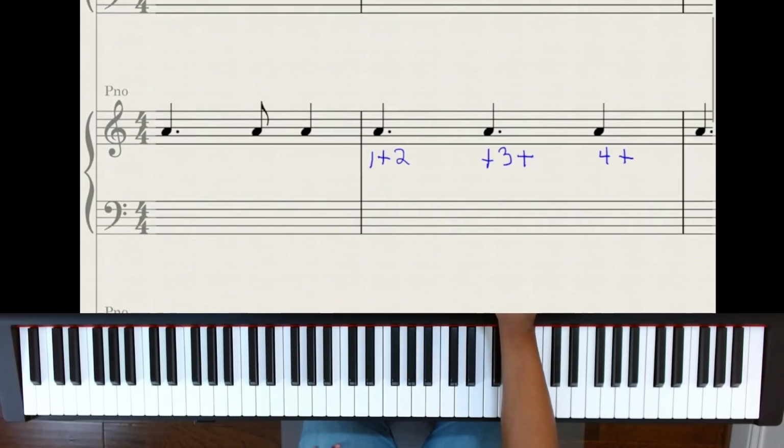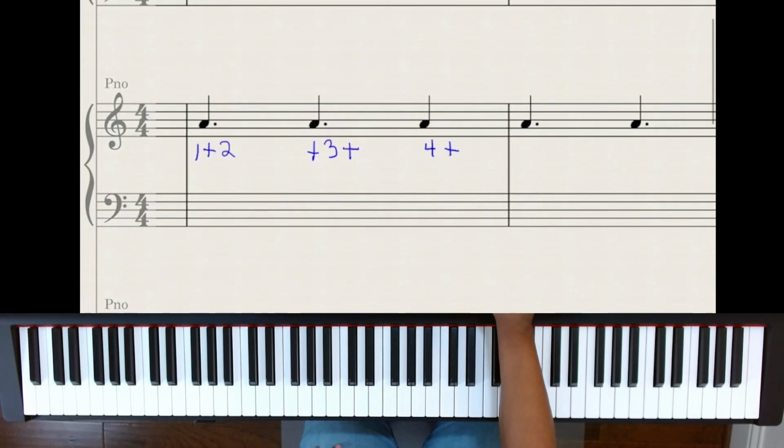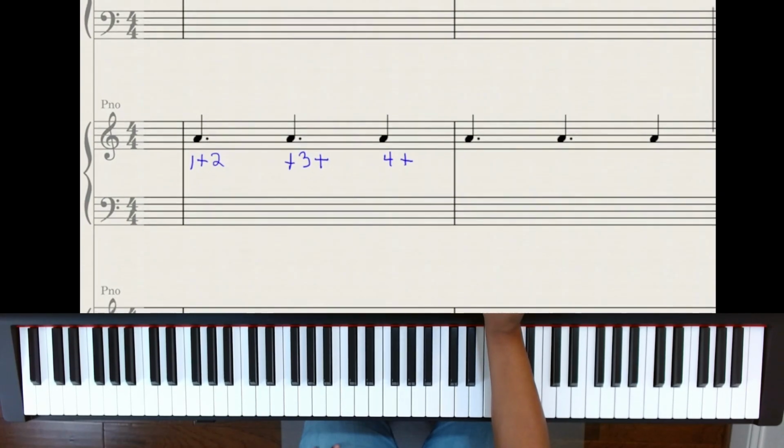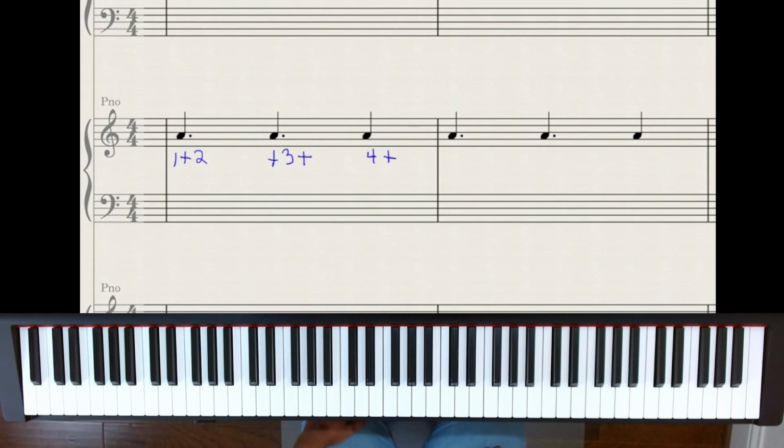Okay, so next we have a dotted quarter note followed by another dotted quarter note and ending with just a regular quarter note. So here we have to subdivide once again. So I'm going to clap this one out. 1 and 2 and 3 and 4 and 1 and 2 and 3 and 4 and. When I play it,